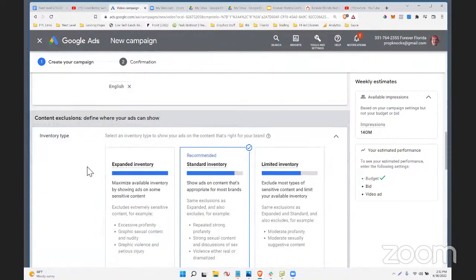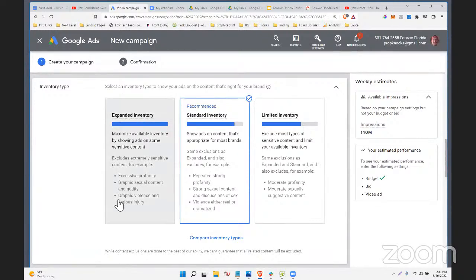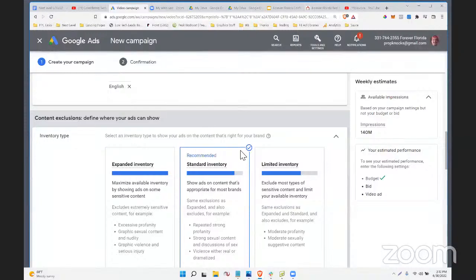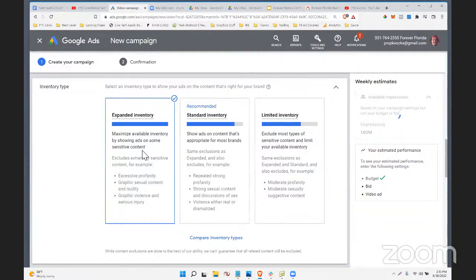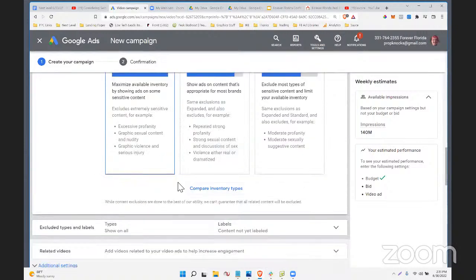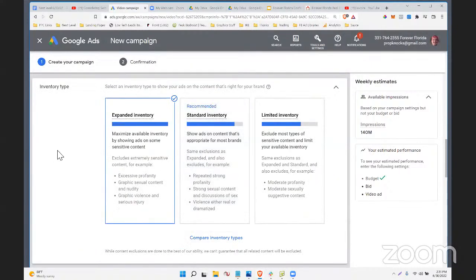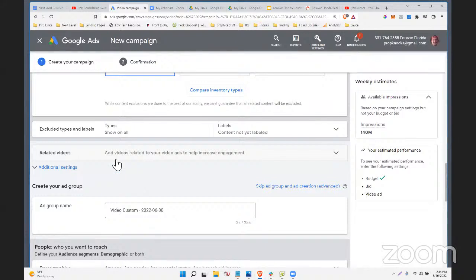And then here is where I am going to get a little fuzzy, right? Here's where I'm still learning. But from what I understand, you can actually do the expanded inventory if you're not worried about your ads showing next to certain things. But if you are worried about your ads showing next to racy stuff, it's probably not a concern for us as real estate people. But if you have a much broader audience and your topics aren't usually just about real estate stuff, you might worry that it would show next to videos you might not want it to. So you can think about that. I'll just pick the expanded because I want to get as many views as possible.